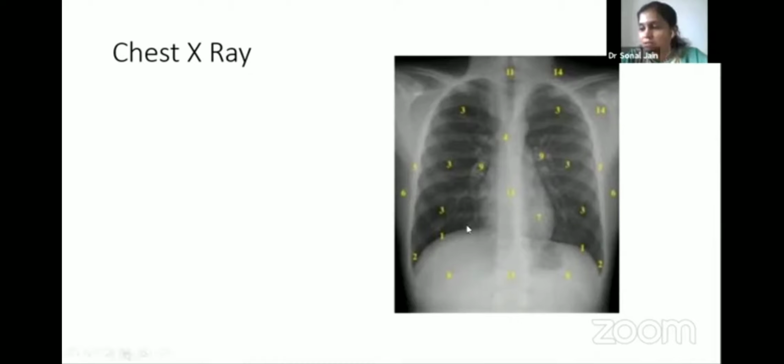The first, number one, is called the diaphragm. The second is the costodiaphragmatic angle. The third one is the lucent area, so it must have air. That means it is the lung, and this opaque area we call the ribs. Then number 9 is showing the hilum. The fourth one is the arch of the aorta, and this 11th is showing the trachea. The 14th is showing the scapula, like this one. Okay, thank you so much.